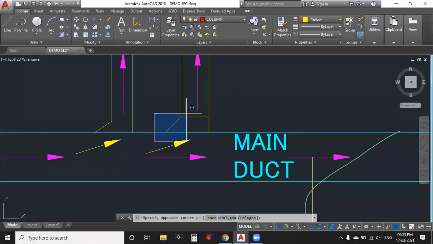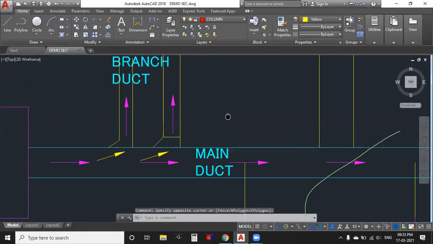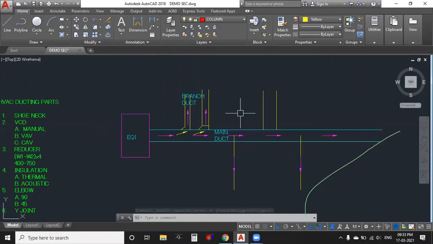150 mm. The purpose of 150: why have I selected it without checking dimensions? Let's say your equipment is carrying a number of branch ducts. Among the branch ducts, maybe some ducts will come below 600 size, some above 600 size, right? It means you have to maintain a few shoe necks of 100 mm and a few of 150 mm. So if you give different quantities of 100 and 150,